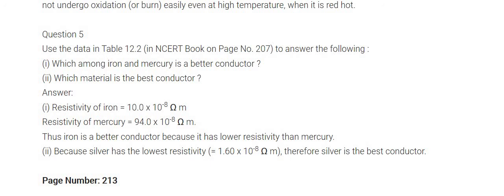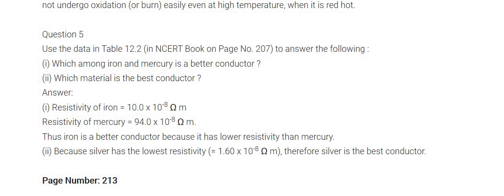By comparing both the materials, both the metals, you come to know that iron is the better conductor because it has a lower resistivity. If the resistivity is lower, then the conductivity is higher, and the flow of current is greater. Thus iron is a better conductor than mercury because it has a lower resistivity.